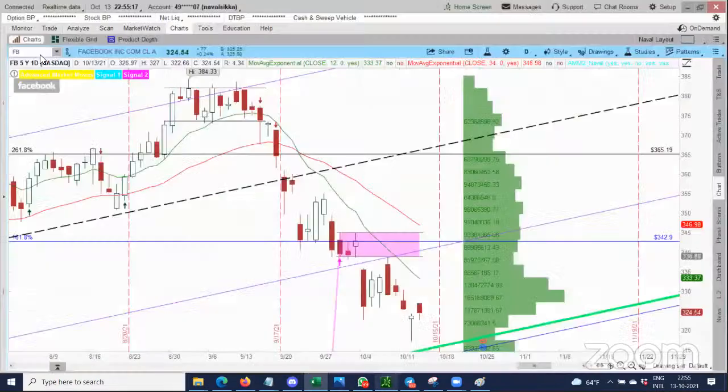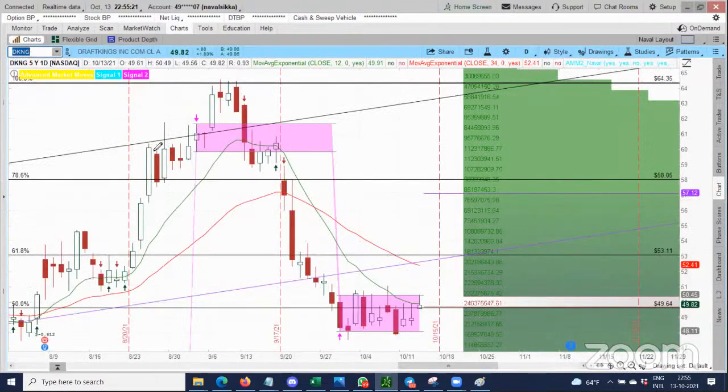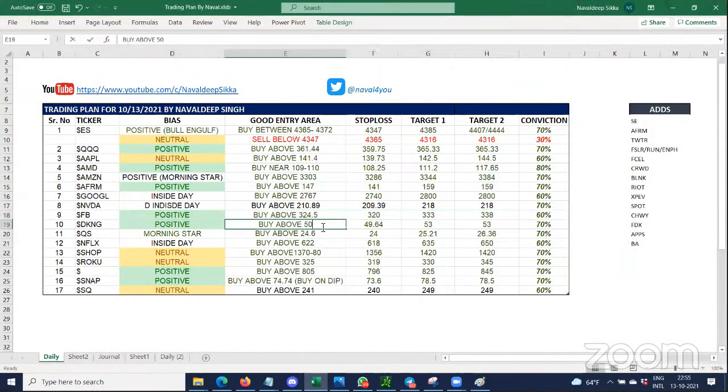DKNG today had an inverted hammer, like it got rejected right from this area of 50-40. So we need to break out above this. The interesting part is that after a very long time, after a long consolidation, we are there where we need to break out. So it's right there above 50-40. I think you are in a very good position. So it's only above